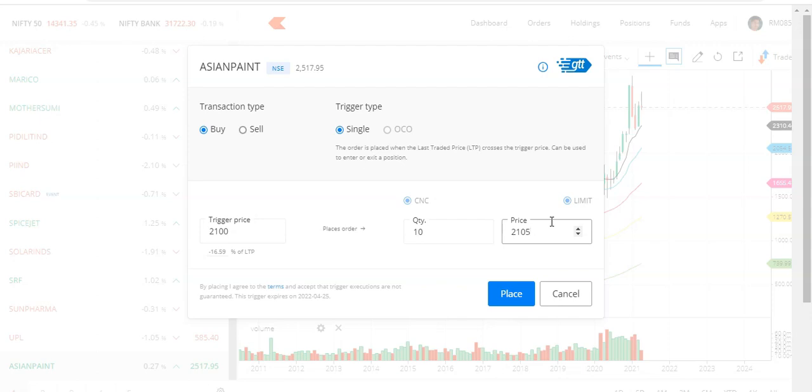Say in this stock 5 rupees is a decent one. So when the price comes to 2100, your order gets triggered in the system and you are going with the price of 2105. Even if the price comes to 2102, your order will get executed at 2102 only, not at 2105, because that is the best available offer at that time and you are ready to buy at a higher price. So the exchange will match your order at 2102 or whatever price is available between 2100 and 2105. But if the price spikes above 2105, your order will still go into pending state without getting executed. So you have to select the right difference between the trigger price and the price.